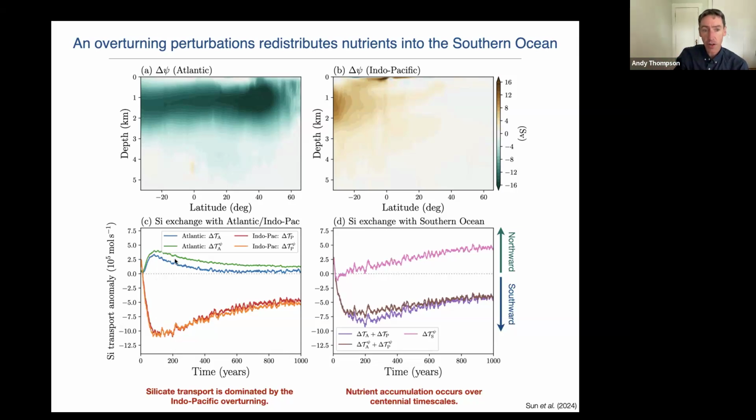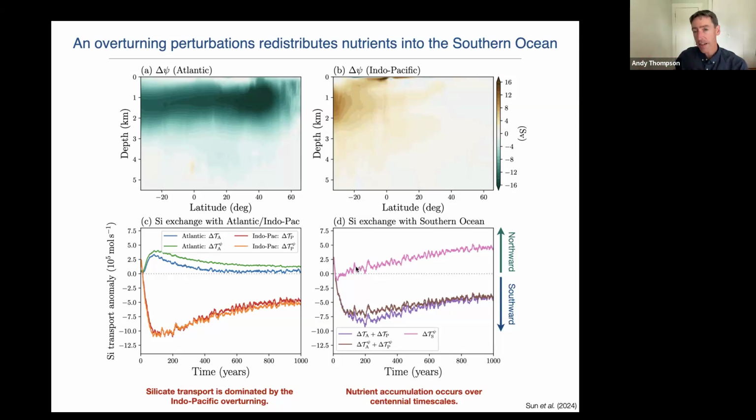And then you can see here that you have two curves. There's a blue and a green curve, and then a red and an orange curve. Well, the green curve is showing the contribution of the transport that's just due to the overturning perturbation, because it could be other processes due to eddy transports, etc. And you can see for both cases, and in particular for the Indo-Pacific, the perturbation in the overturning stream function, the overturning transport, makes the dominant contribution to the exchange of nutrients between the northern basins and the Southern Ocean. And on the right-hand side now, we're just summing that contribution from the Atlantic and the Pacific in brown and purple. Again, this is dominated by the overturning change.